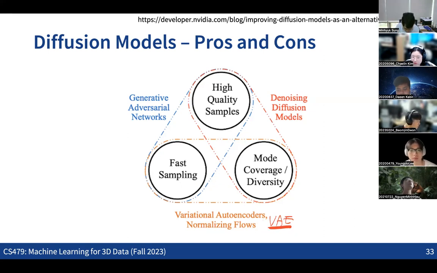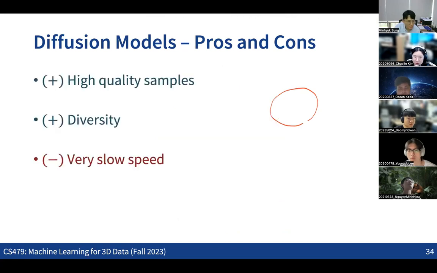But typically the quality of the samples is much worse, because as we have seen in the previous slides, the transition for both the forward and reverse processes cannot be an accurate mapping between these two distributions. That's why people came up with the idea of diffusion models, which allow high quality samples and also avoid mode collapse issues, basically having diversity.